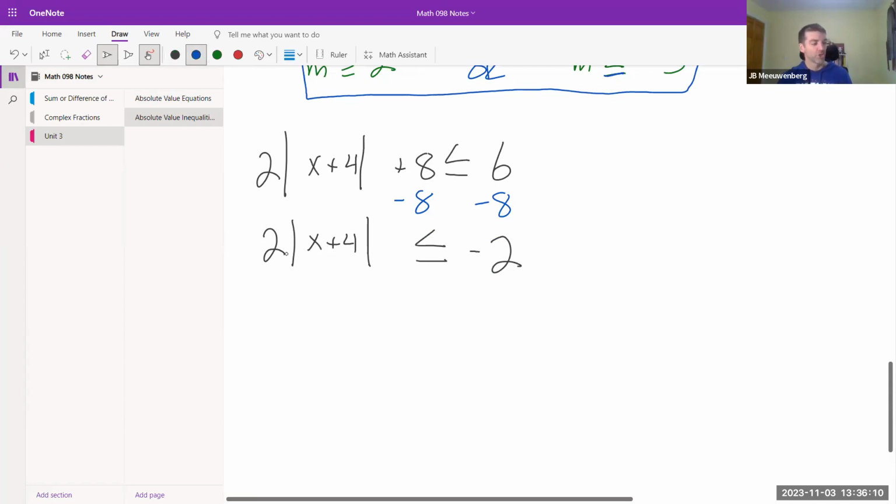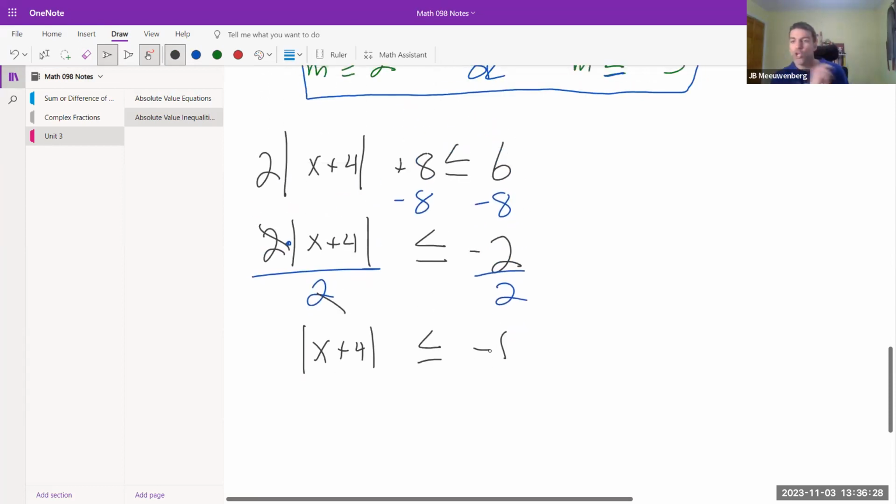Then we'll get rid of the 2 that's out front here. Because it's times, we'll divide both sides by 2, leaving us with the absolute value of x plus 4, these canceled out, is less than or equal to negative 1. All right? Now,